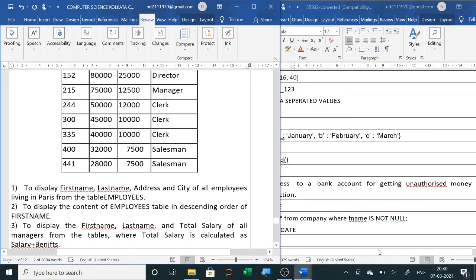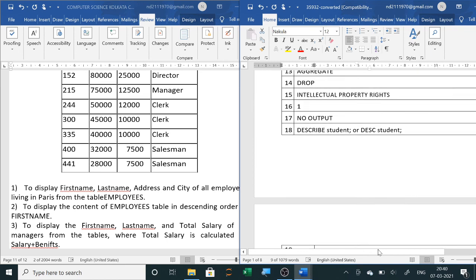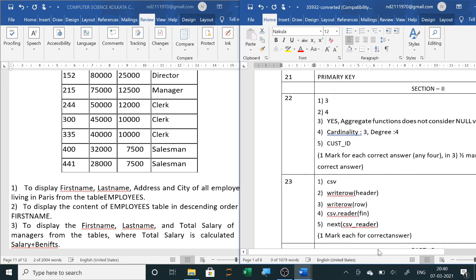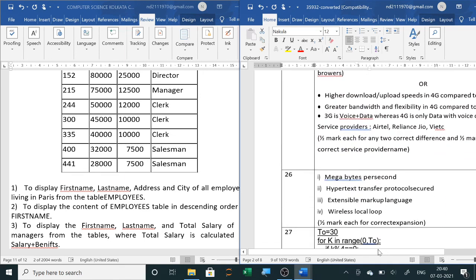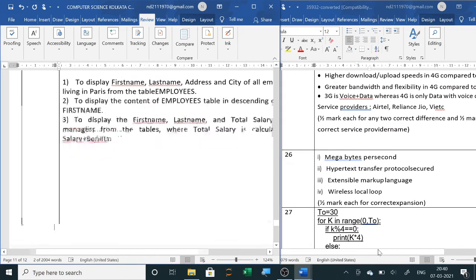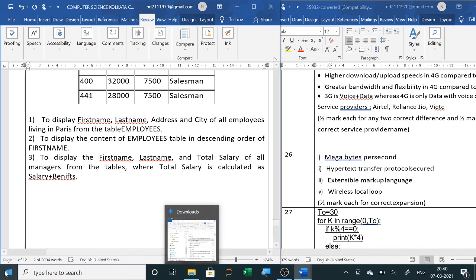And where the candidate key and alternate key are given, the answer is wrong. The candidate key will contain unique and not null values. That means only the first one was having unique and not null values. So that answer was wrong. So in the marking scheme, two or three answers were wrong. You discuss that with your teacher and your friends, and kindly also mention in the comment section which answers were wrong in the marking scheme.